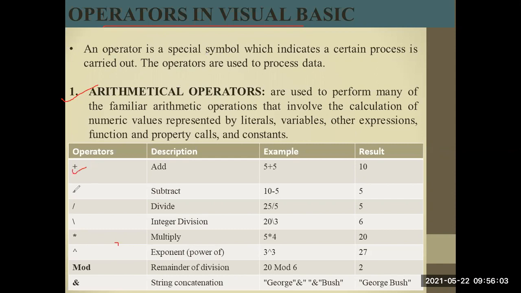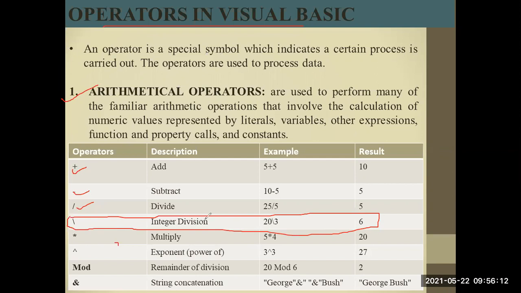These are some operators that we use frequently. One is the addition operator, second subtraction, then division. Now this is interesting, which is called integer division, using the backslash. Integer division will always give the integer part of a division. So when you divide 20 by 3, it would be 6 point something, but it will return only the integer part. Then there is the multiplication operator. Now this is the exponential operator, which gives the exponent value of any variable or constant. We can use it for variables as well as constants.